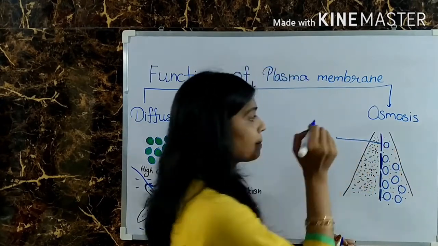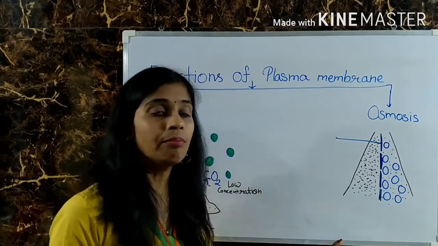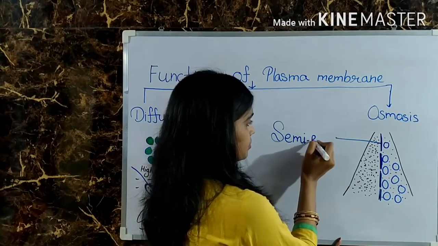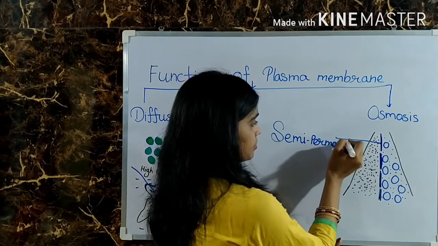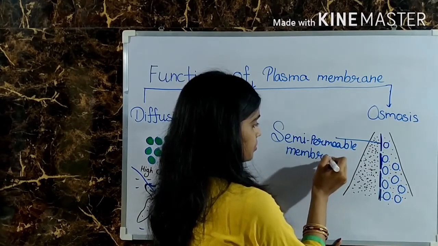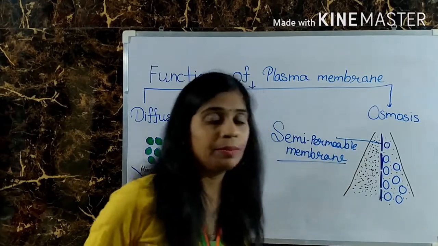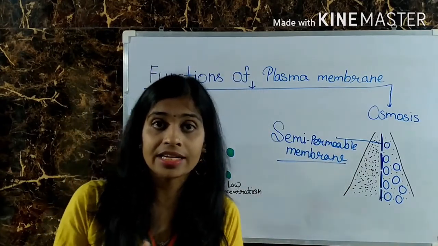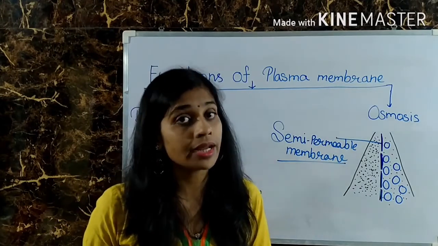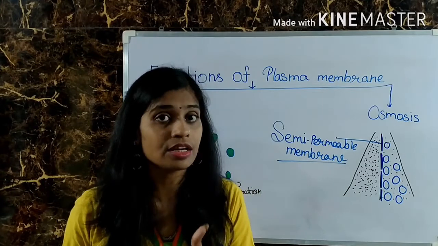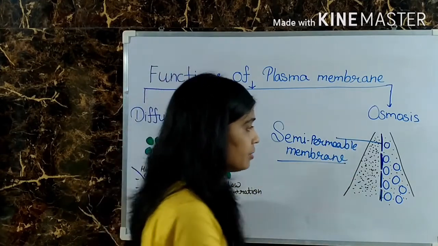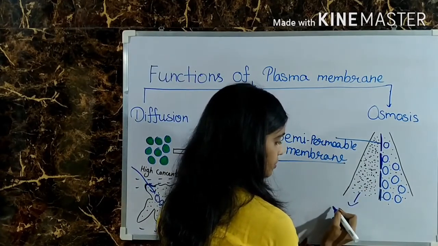This is the semi-permeable membrane. And the semi-permeable membrane is also called the selectively permeable membrane, that allows only selective material to pass in or pass out. So in that diagram, on one side it is the water,